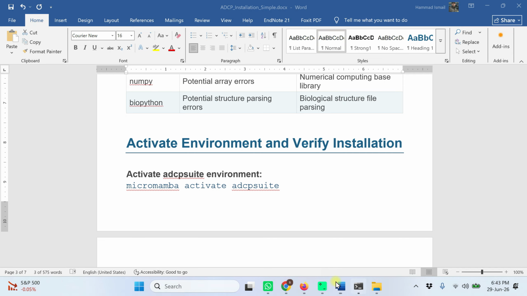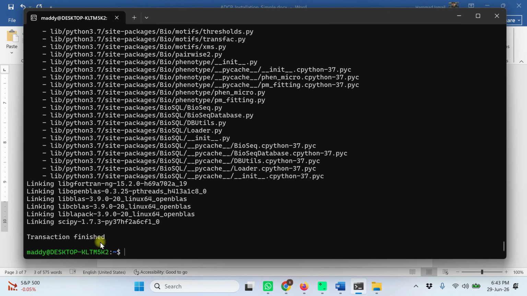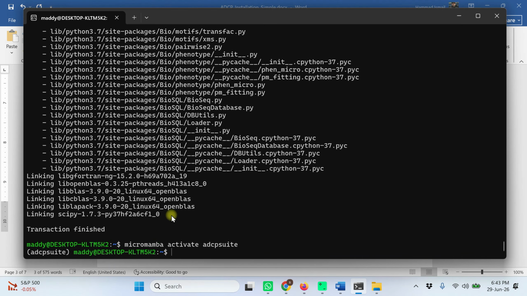Copy this command, go to the Ubuntu terminal and press enter. You have seen previously it contained no previous command line, no library. When we run micromamba activate ADCP Suite, this ADCP Suite has been enabled, which means the environment has been created.